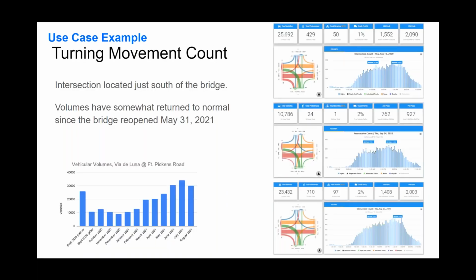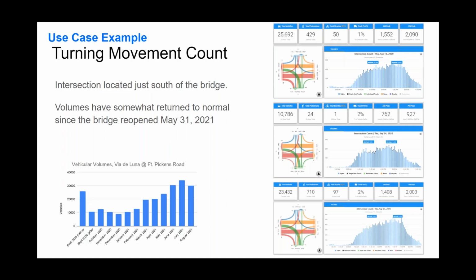When we look at the turning movement counts, the total daily volume was around 25,000 vehicles on a typical day. When the bridge got damaged and closed, the volumes dropped to about 10,000. That means there were still people in the area while the bridge was closed, and they worked their way around that long detour route, but generally that intersection was no longer utilized. You can see the chart of volumes at the bottom, where the 25,000 drops to almost about 10,000, and throughout the duration of the bridge closure, all the way up until about May 2021, the volume stayed pretty low.